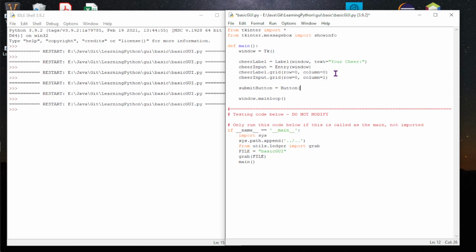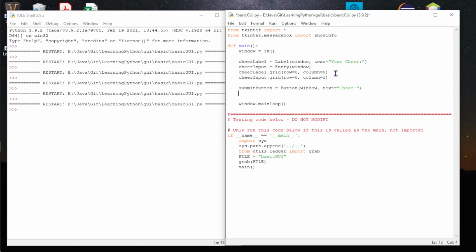And so what display does it go on? That's always the first question. What goes on the window? And then what's the text I want on the button? Well, I can say cheer. I'd be excited about it. Put an exclamation point on that. And so then we can take that button and then we can say submit button